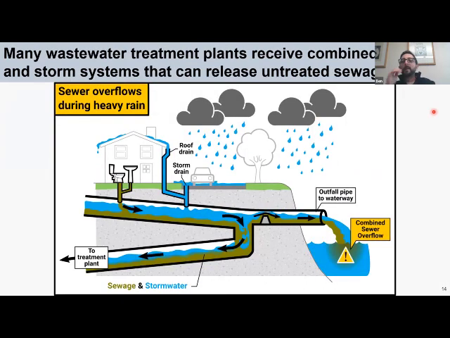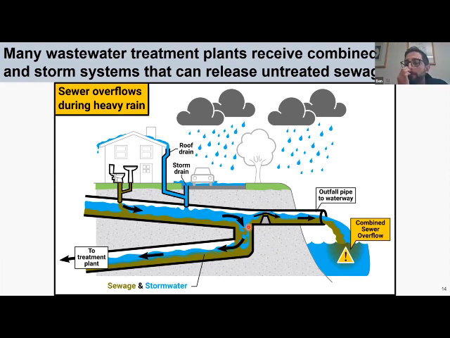Yeah, so as I mentioned previously, many of these systems are combined sewer and storm. So if you have more increased rain or more large storm events that are going to put stress on these sewer systems, you're going to have more events where you have these overflow events. So the way these are designed typically is you have this kind of dam that sits here, and under normal conditions, the wastewater can just come and go down and head off to the treatment plant. But under really high flow conditions, we put this kind of overflow pipe. And sometimes these are at the wastewater treatment plant, sometimes these are elsewhere, that will just bypass the